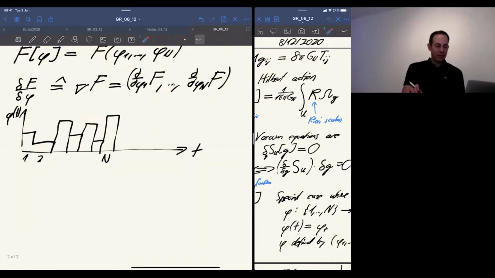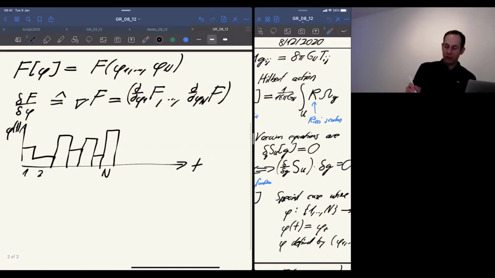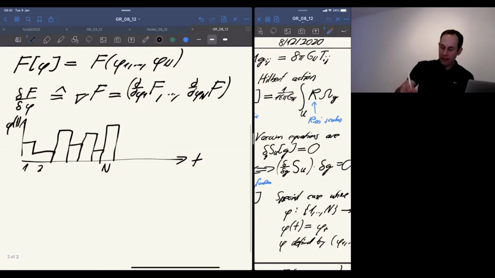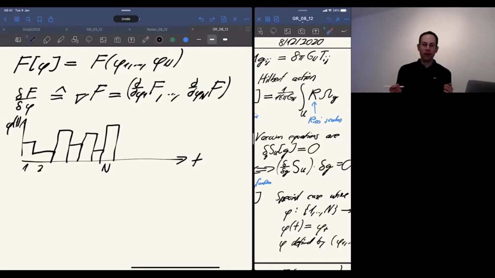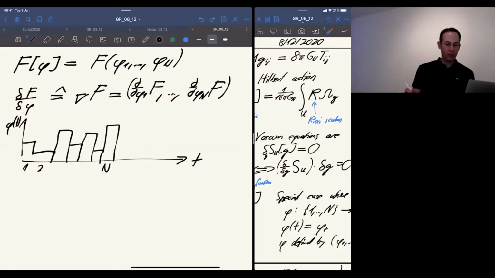Nonetheless, as I mentioned before, all the rules that we know from calculus, from multivariable calculus, still apply in this more general case. And this is actually something that is relatively straightforward to verify. It's a bit cumbersome. We really have to first define what is exactly the class of functions and so on. Otherwise, you get certain problems or certain continuity problems and so on. But in principle, it's just that.